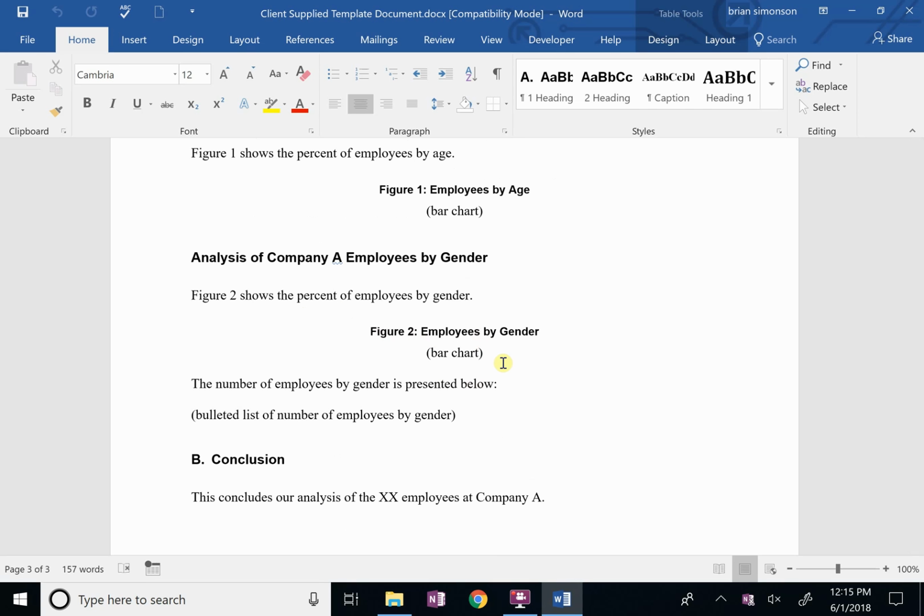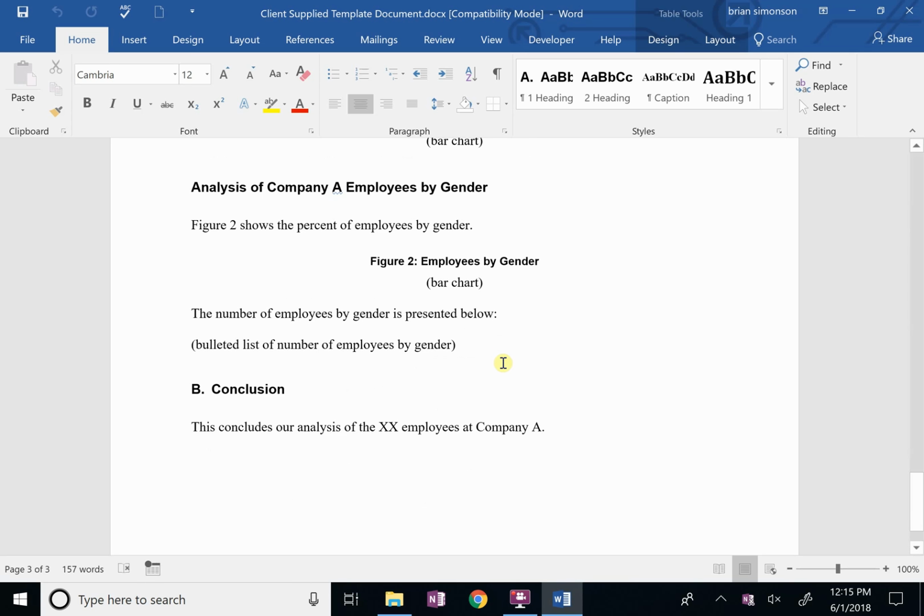What's lacking is the data, the numbers, the charts, but in terms of style and format, the client dictates that, right? So that work's been done by them. That's the beauty. You want to work within this document, right? So we're going to fix this to be automated, to be able to pull in those numbers that right now just have XX on them, right? And we're going to be able to change the company ID that